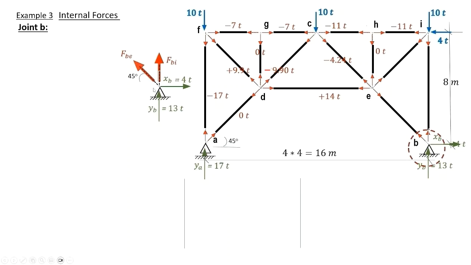Now, let's think it over. If we consider sigma forces in the y direction, we will have two unknowns, BI and the component of BE. So, it is better to start with the sigma forces in the x direction, as this will give one unknown, which is BE,